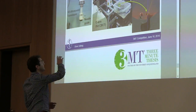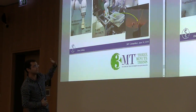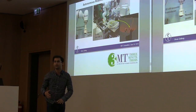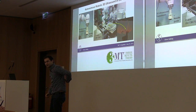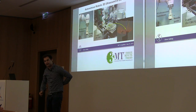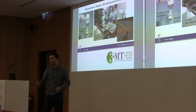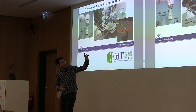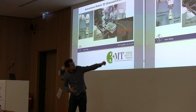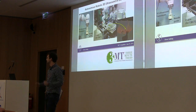On this image here, you see the neurosurgery OR test, where this X-ray C-arm system is only for verification. We try to get a needle into the facet joint that's between two vertebrae in the spine, a very narrow space, to get a needle in there and inject some treatments. And we can do that with our robot, as you see in the slide on the very right of this image. This line was perfectly captured with the ultrasound needle. And